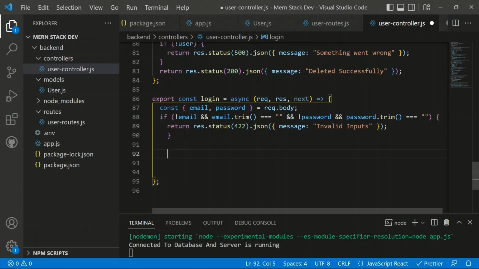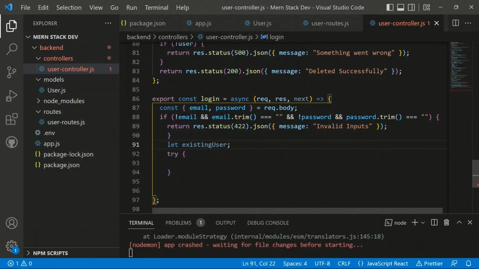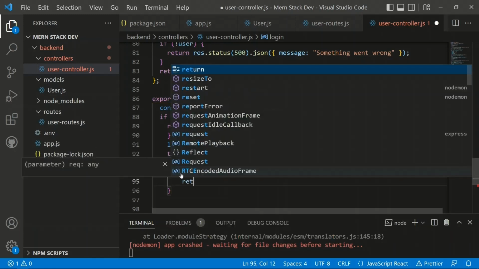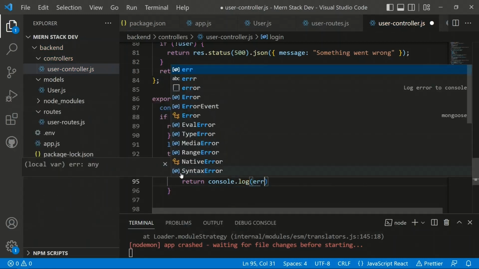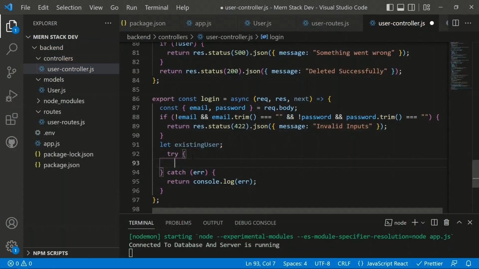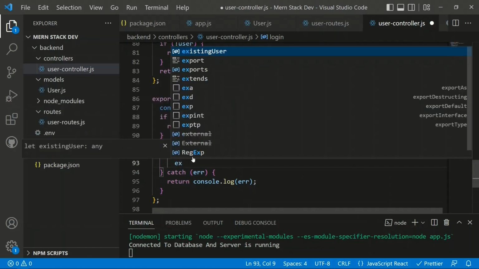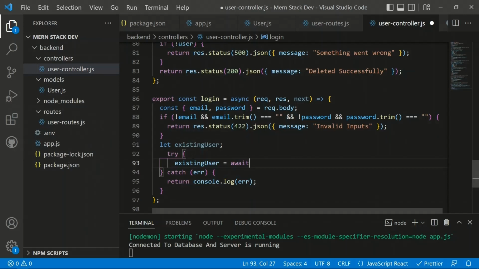So how can we do that? Again we can run here the try catch block, and there we can define the let existing user. Inside the try catch, there would be a catch, console dot log the error. And now inside the try, what we want to do is now we need to just find the user. So how can we do that? We have the existing user equals to await user